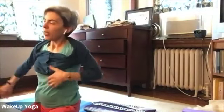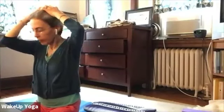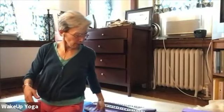And then take any last poses. If you want to hug your knees up, if you want to do a happy baby, whatever your body is calling for at this point. And then as you're ready, allow your body to sink down into the mat, finding the most comfortable pose you can,